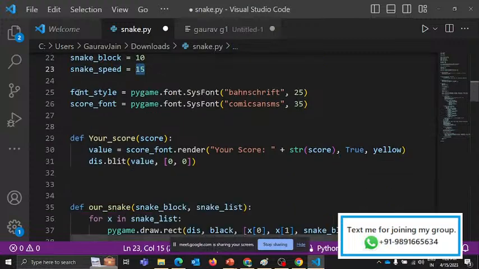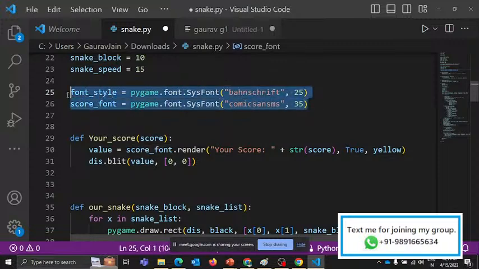Okay. Then we have font style and score font. There is a class named font present, in which there is a function named sysfont with which you can control the font style. And these two are for styling the font of the text with which the score is going to come on the board, right? Text of the score, font of the text of the score. So you can control that with the help of these two